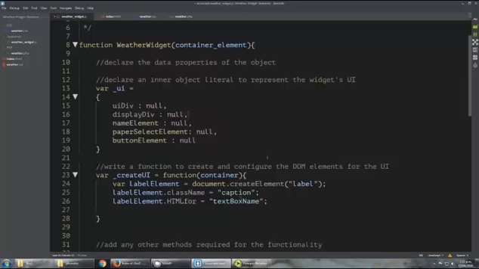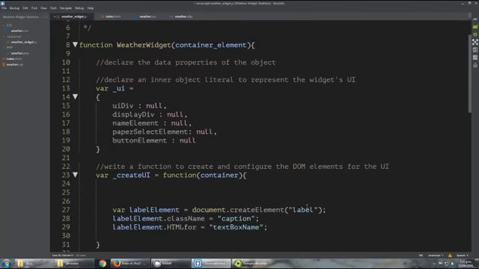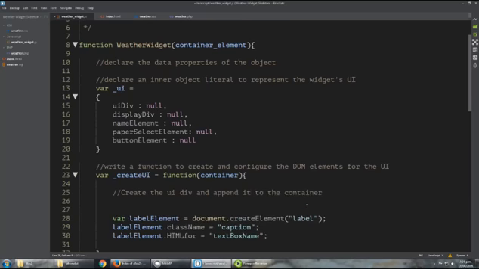Alright, so actually we should probably create a couple of divs and then append them to our container. Okay, so let's go create the UI div and append it to the container where our widget will go into. Okay, so var, we don't need to go var because the UI div variable is already here, right? So because there's a variable for that div here, we can just use it. So UI div equals,